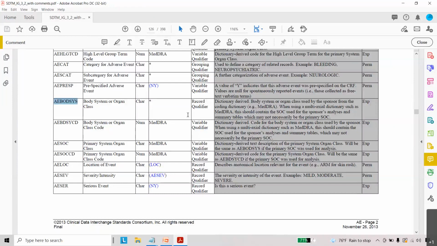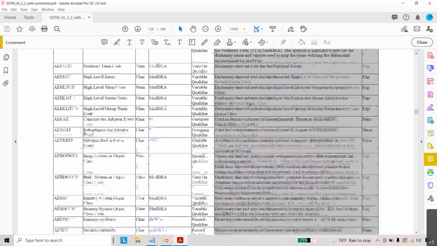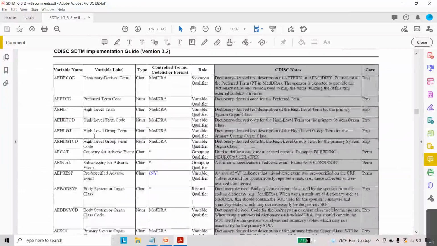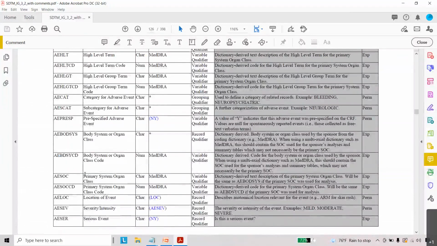That's why you see here, this is the dictionary derived body system or organ class. If you see the SOC variable value definition, here it is primary system organ class. So AE SOC is the primary system organ class, and here the body system is body system or organ class. That's why AE SOC is an expected variable, and AE body system is also an expected variable.